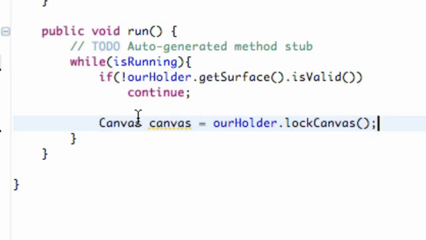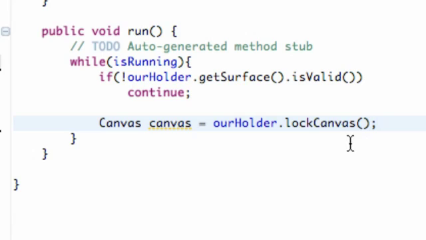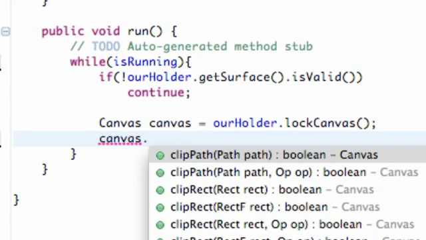So basically what's happening is we have this masterpiece, this great idea, and we want to paint it. So we're going to lock our door, then paint on our canvas, and then unlock our door and show the whole world what we came up with. That's basically what we're doing within this loop. We're locking the canvas so no other classes, no other activities, no other threads can access it. That's the point of locking it. Once it's locked, this is where we're going to start drawing on it. So we're going to say canvas dot draw